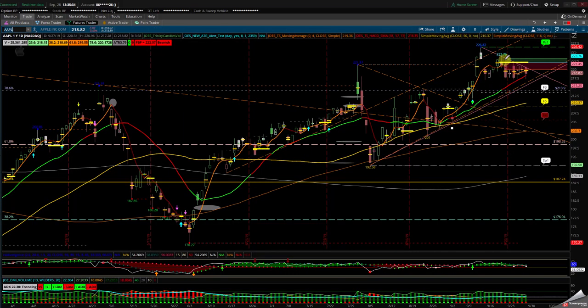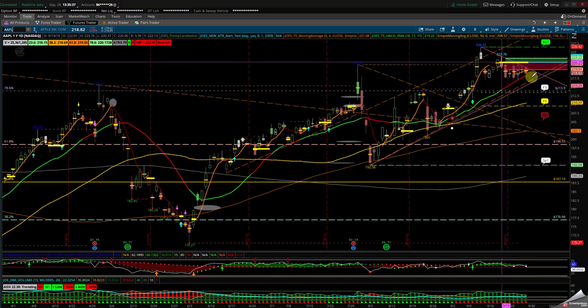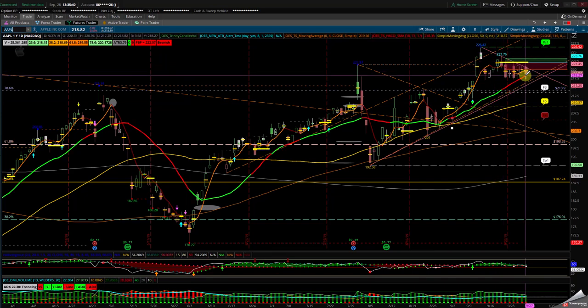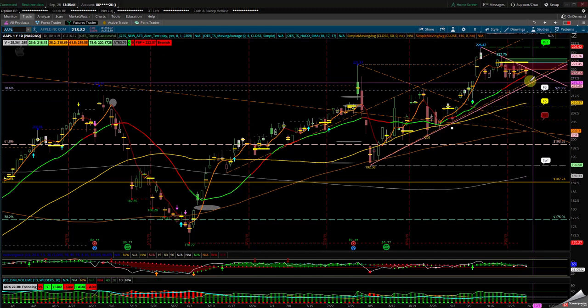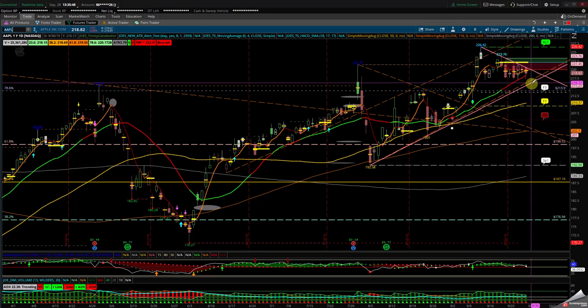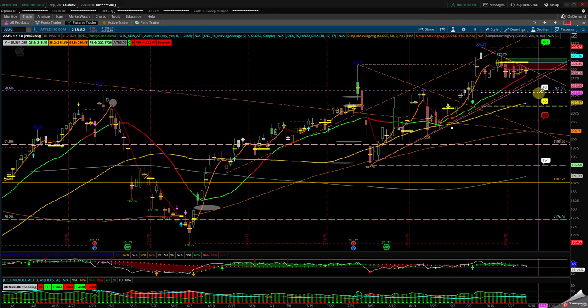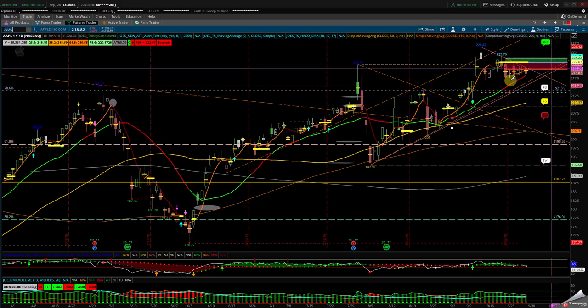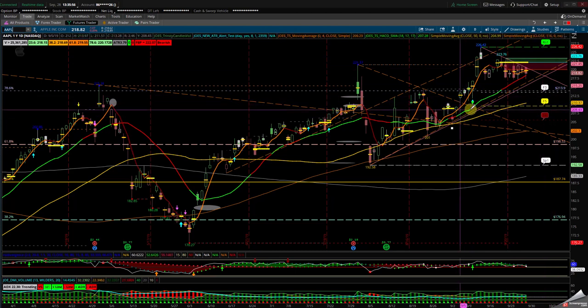AAPL, I didn't go clean charts. I mean, it's in a down channel. We are in a symmetrical triangle. We tested the 18 SMA. We're holding this channel. If Apple's gonna fall, keep an eye. If it falls through the 216 to 215 area, we get the 38% fib, 50% fib, 61.8 to go back up because you got a little gap in this area here.